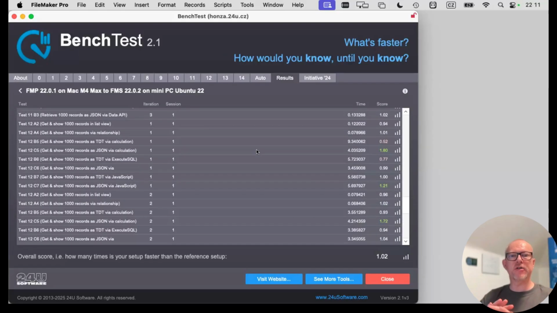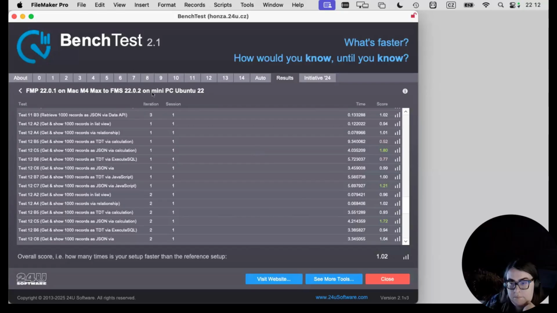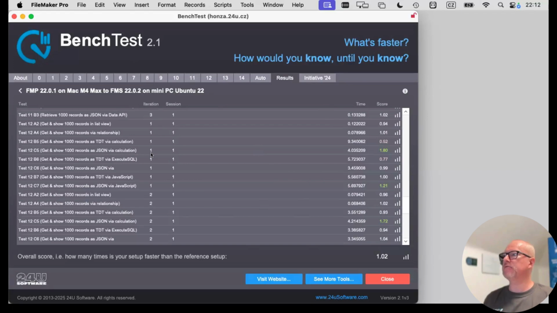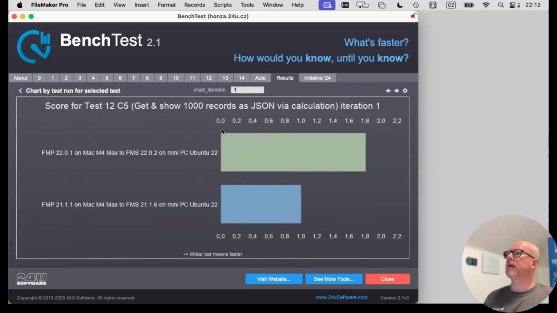So you make no changes to your code, you just install the new version of FileMaker and you get improvement. That's what he called a passive improvement. And because I made no change to this tool, no change to how I deal with records and how I construct or deal with JSON, this result actually means that